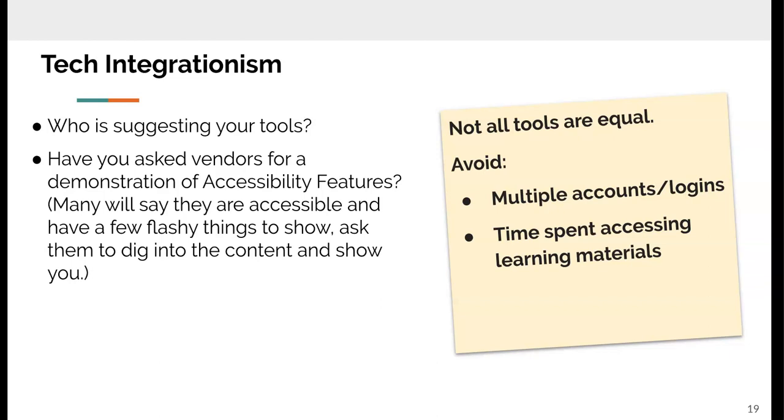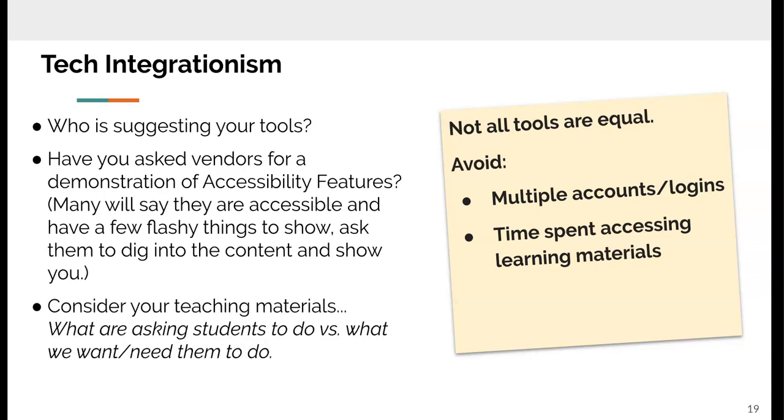They'll often hum and haw and say something like, we'll get back to you on that. And they'll need one of their accessibility employees to come on and provide a demonstration of those features or to show you where they fall short and what they're currently working on. Holding them accountable before you purchase their products is a good way to ensure that your materials will be available